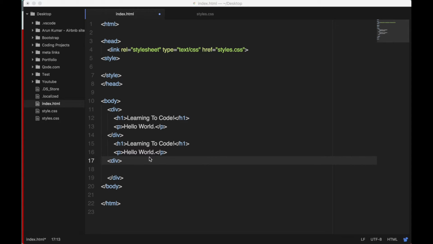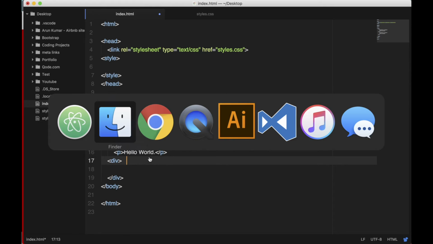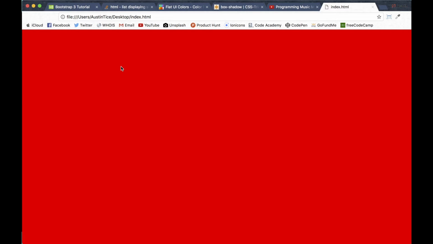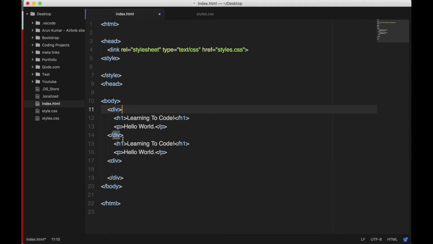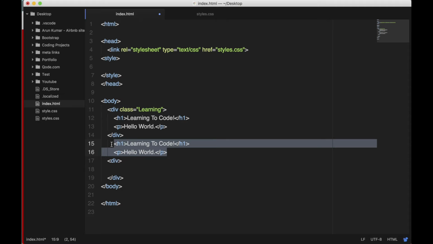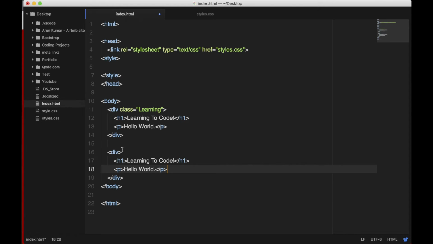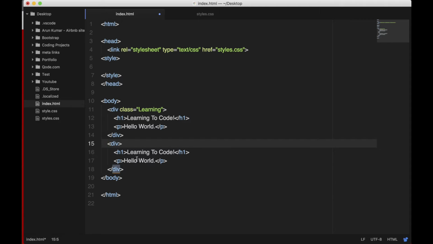So let's just jump in and see what this looks like. After we jump in, back over here. Refresh that. Learning to code. Hello world. Just like that. So look, we'll give this div a class of learning, and we'll give, oh, what did I do? Oh, I pasted that in the wrong spot. Hold up. There we go. I'll pull that up. Save that, and then